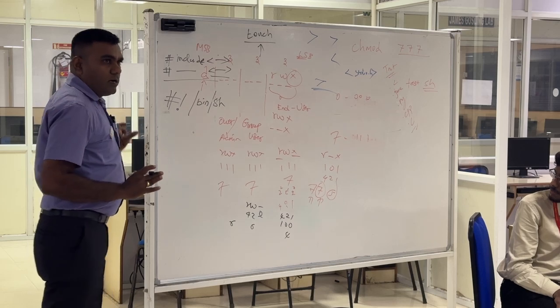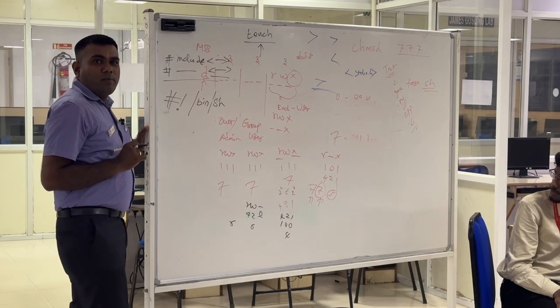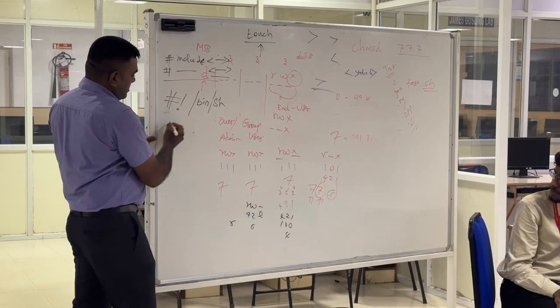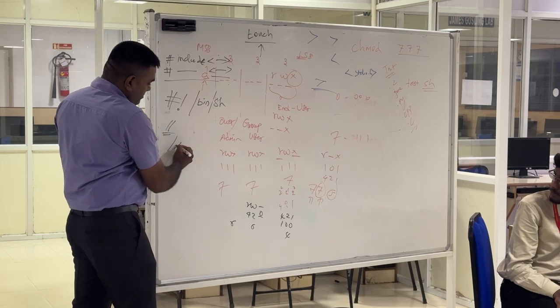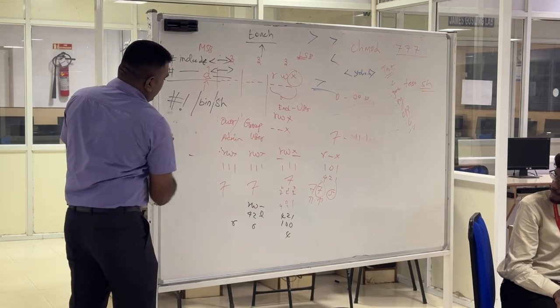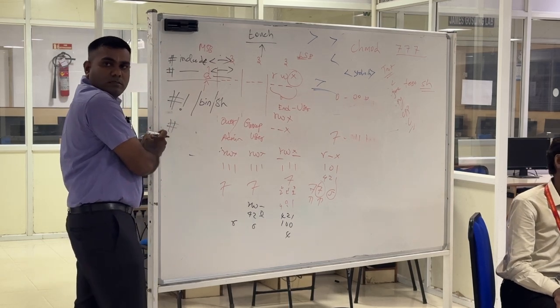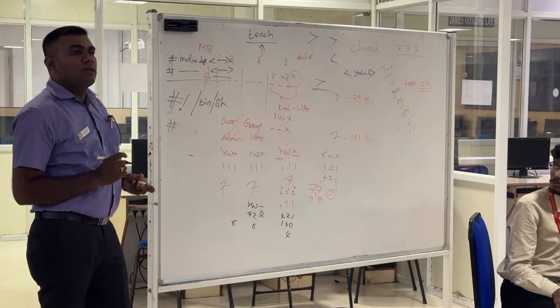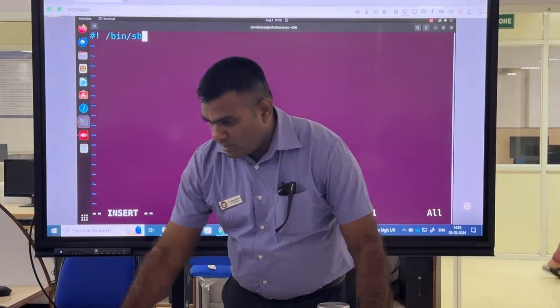In C, how do you make a comment line? Double slash, single comment line, multiple comment line. Here similarly, any statement that begins with hash becomes a comment line. So after this,